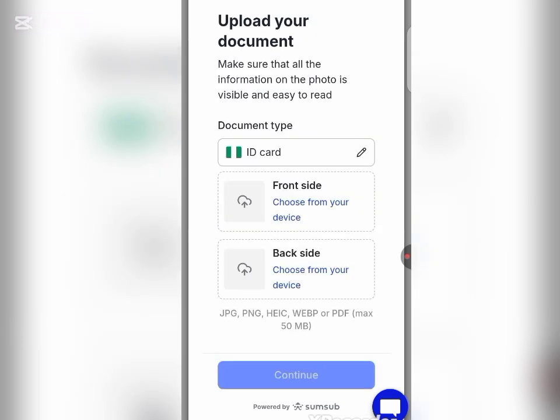And I want you to know that this no deposit bonus is not available for all countries, but I'll be discussing the countries that it is not available for, and I'll also be discussing the terms and conditions you have to obey in order for you to be able to withdraw your profit.